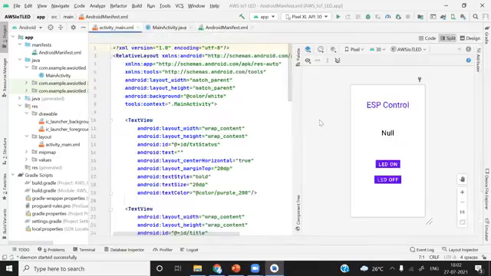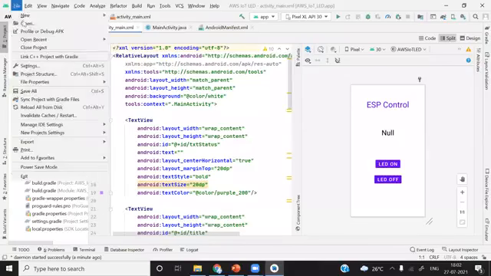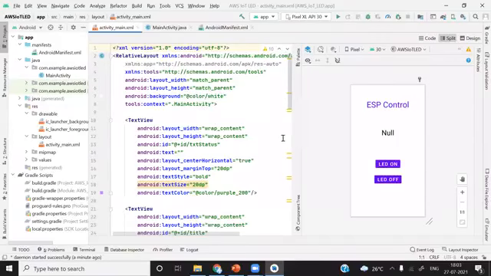So I'll just show you. By pressing these two buttons, you can control the LED of ESP8266. I'll quickly explain this project. I will upload this project in the resource material. You can open Android Studio, go to File, and open it from here. So just download and extract this project, and implement it in your project.